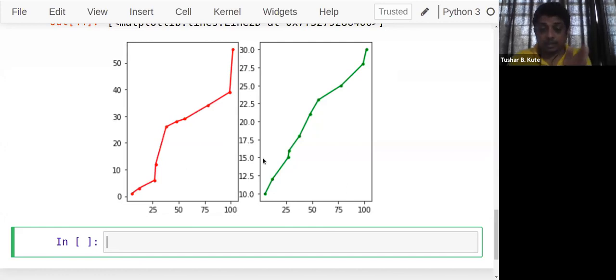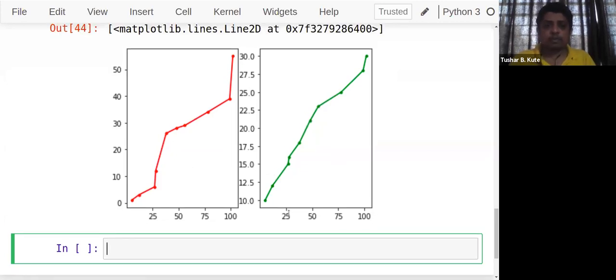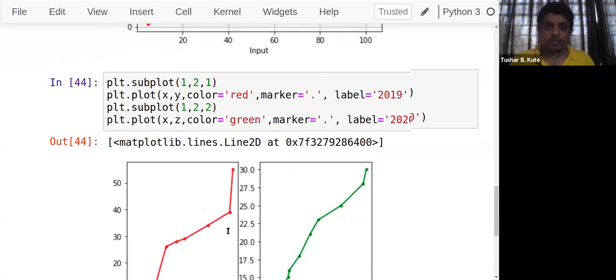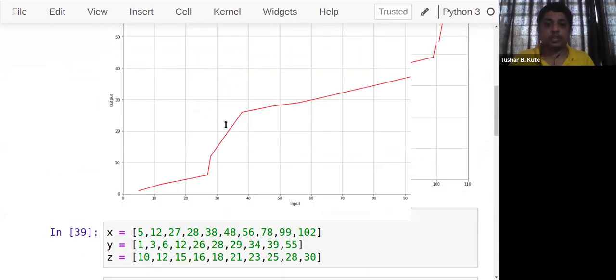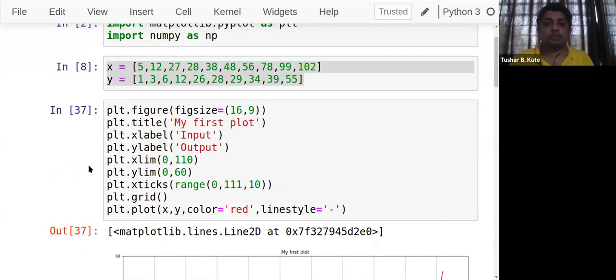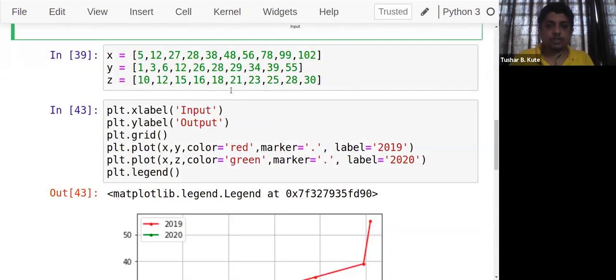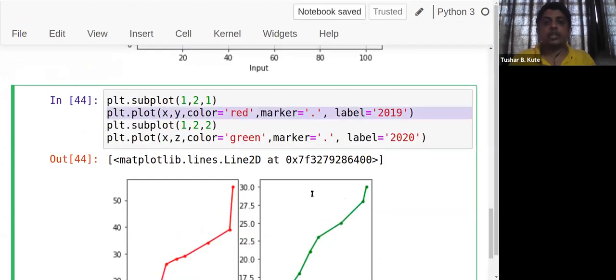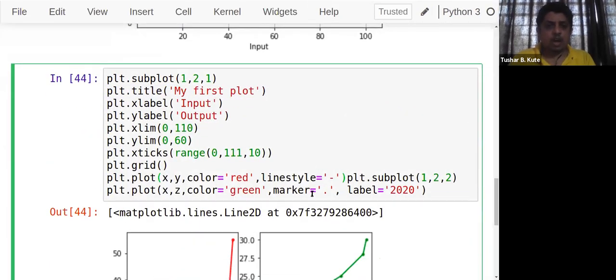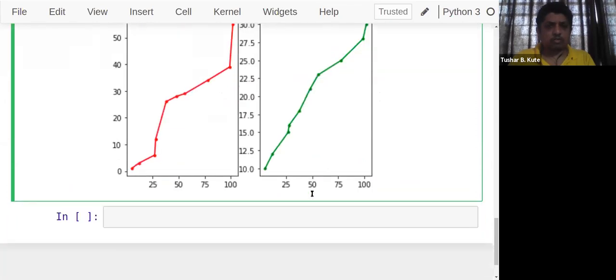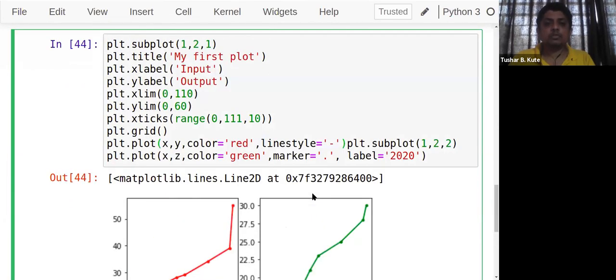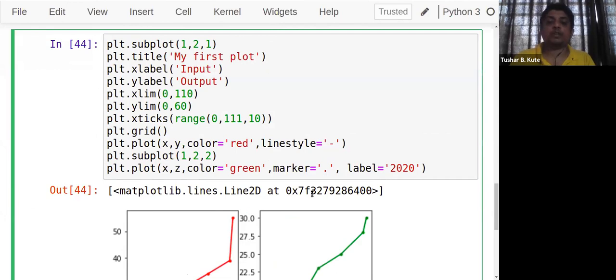And remember, every plot will have a separate title. Every plot will have separate x and y values. Every plot will have a separate grid. Everything is separate. Okay. Like for example, for the first plot, I want to decorate. So whatever decorations I used here, all that decoration I will apply to the first plot. See the decoration methods. See all the decoration. Okay, all the decoration I apply to the first plot.